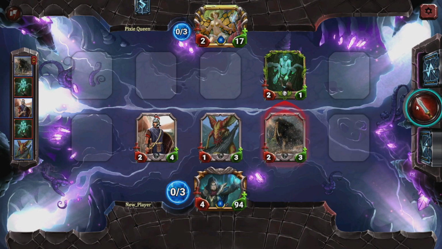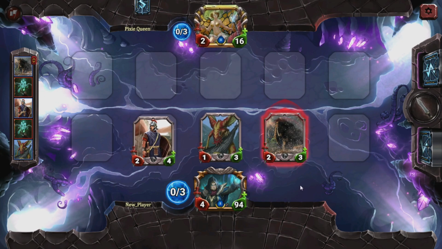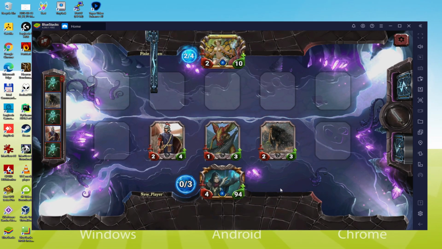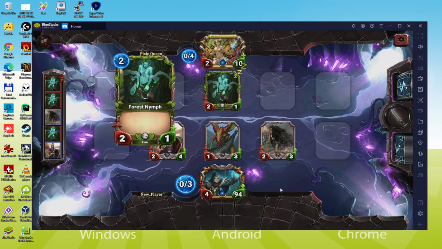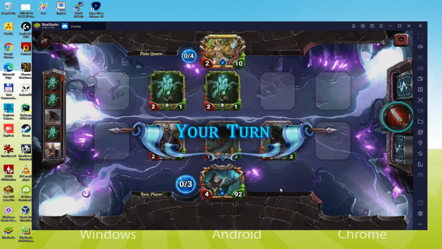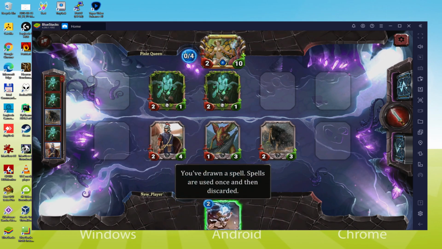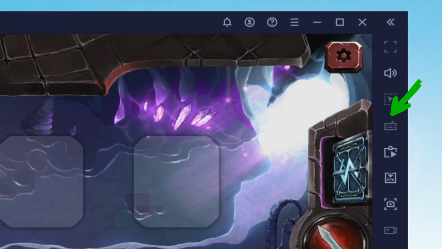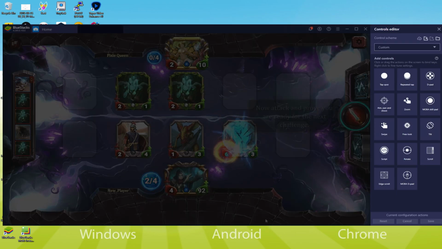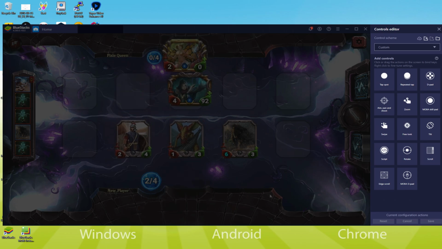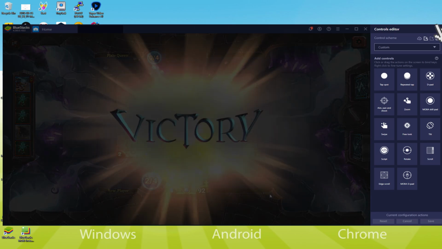To get out of the full screen setting, press the F11 key. And we are already playing in regular screen setting. At this moment I am going to show you the keys mapping, which is quite exciting. That way we will be able to play the game more easily. The first step is to press this keyboard icon. It's now time to make the appropriate configuration settings. I'll go ahead and put the standard settings. However, if you want to change this, you can do it without any problem.